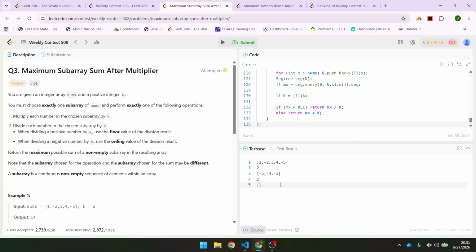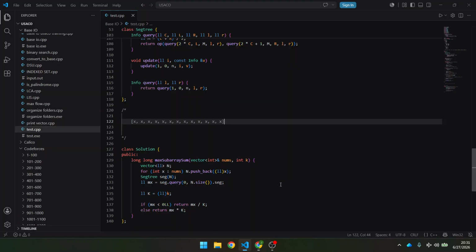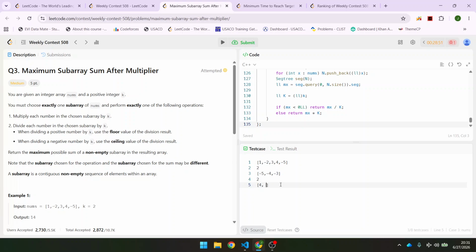For example, 4, -10, 18, -20, and 4. So here the maximum sum is this, right? So is it sometimes good for the like 1, 2, 7, -18, 7,